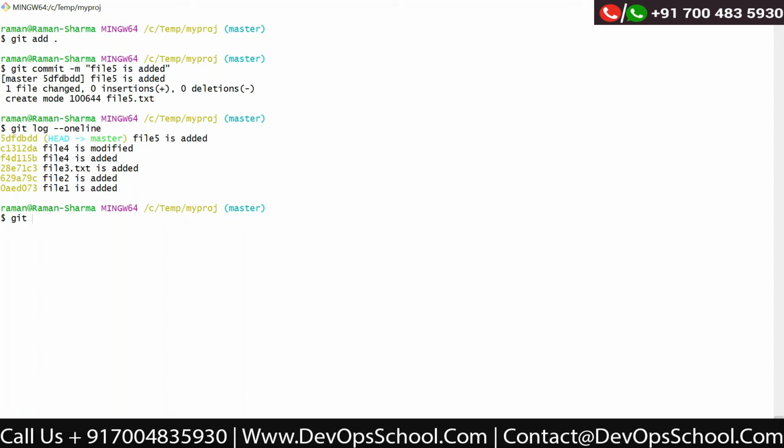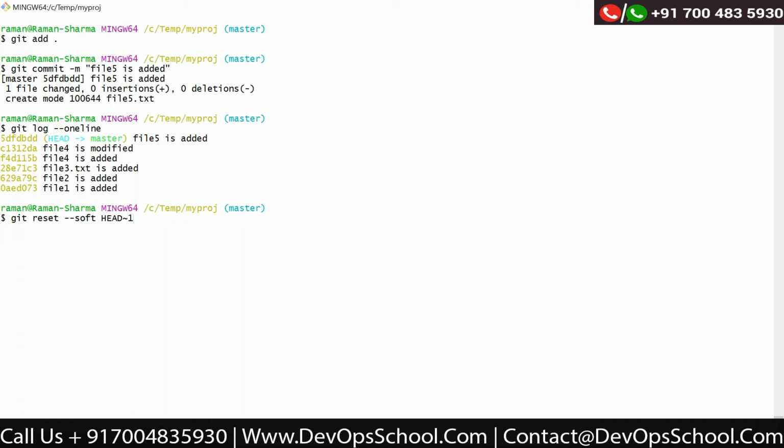Now if I run that command again, git reset, and now I'm using soft. So what soft will do, it will not move the file to the untracked, but it will move to the stage area. So if I say git reset soft, and the number means which commit you want to undo, I want to undo the previous commit.